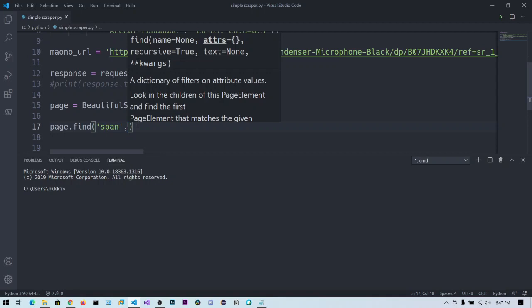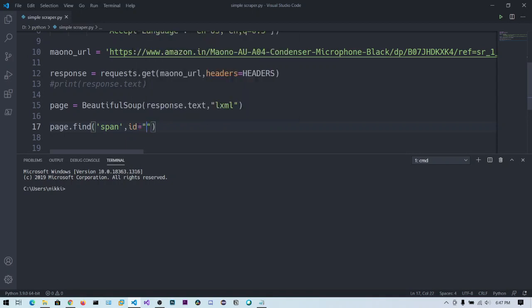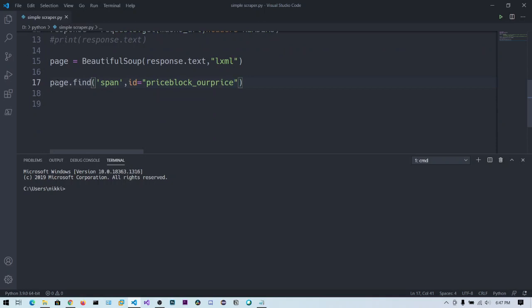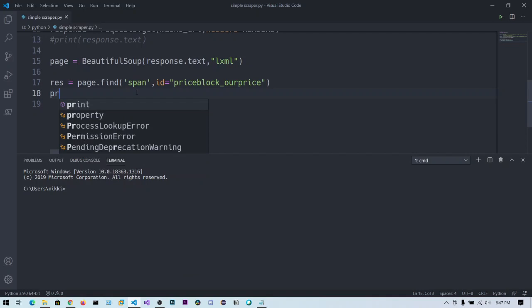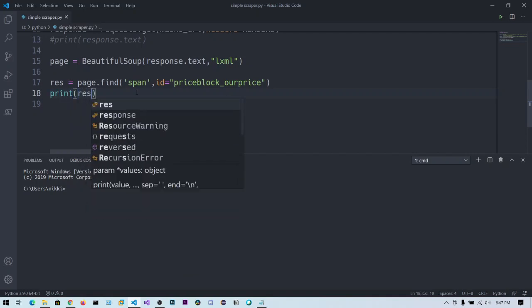So we can say id equals, and let me paste here. Result is equal to page.find, and print of result. So let's run this.